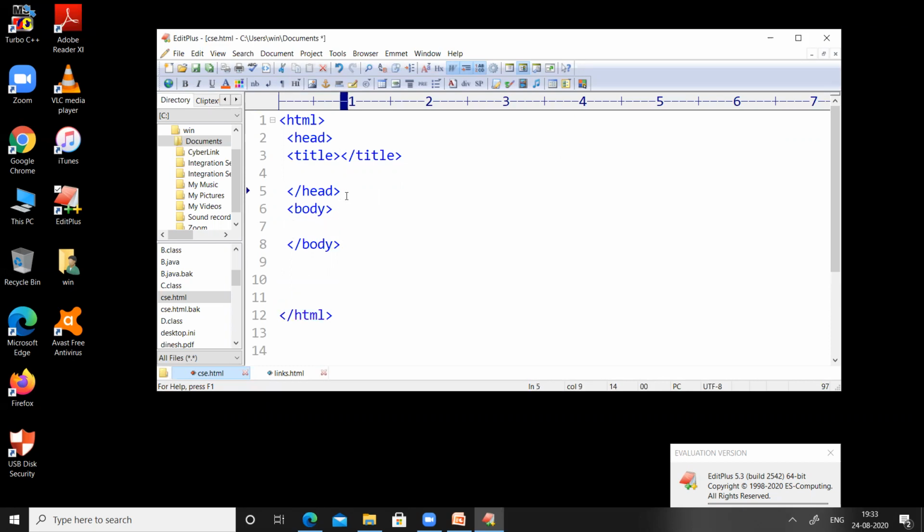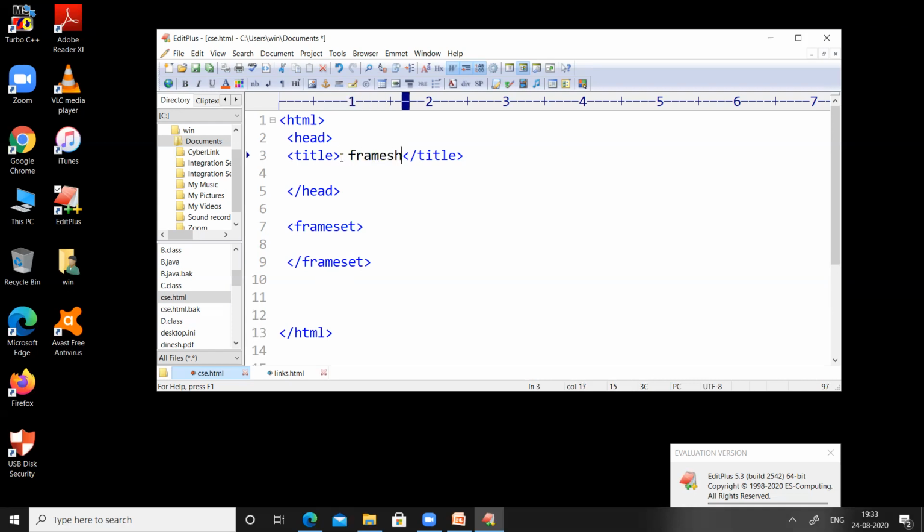But while we are dealing with frames, there is no need for the body tag. Instead of the body tag, we are going to use a new tag called the frameset tag.